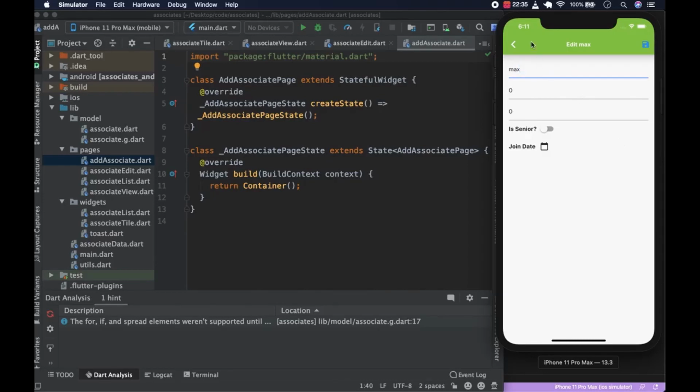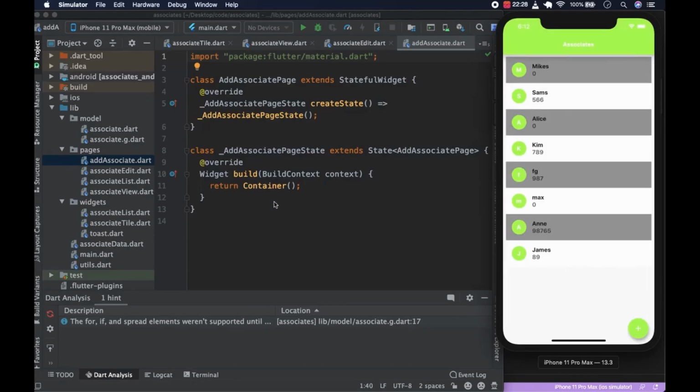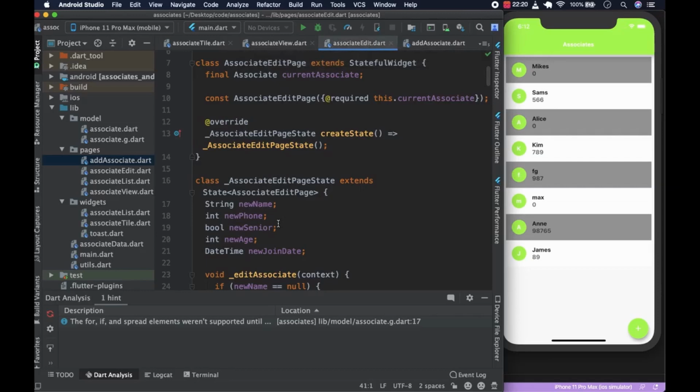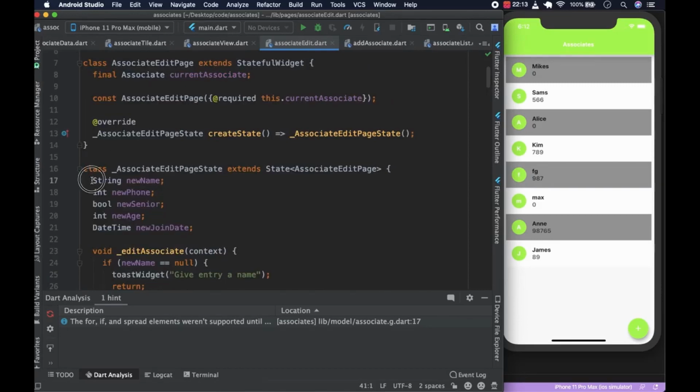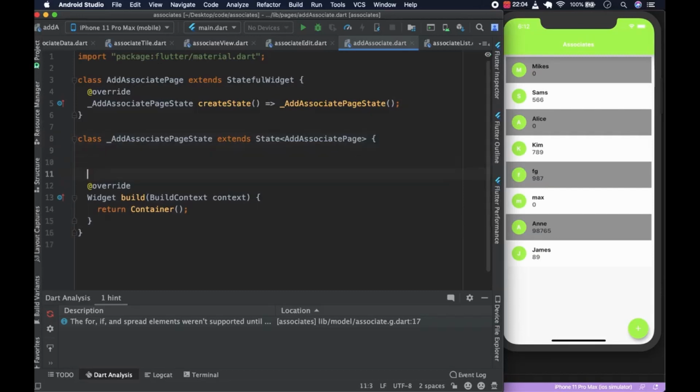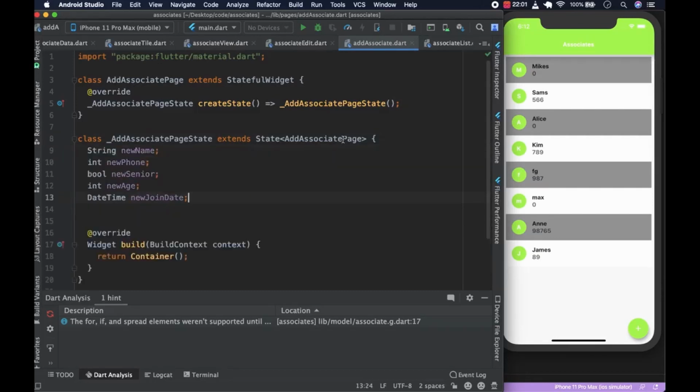So yeah, we're going to borrow a lot of the code, and reuse a lot of the code. It's going to save us a bit of time. So let's get to it. The first thing we're going to do is go to the add associate edit page, and we can copy a number of, let's give ourselves more real estate, we can copy these, and we go to add associate, and we come down here, and we create the variables,